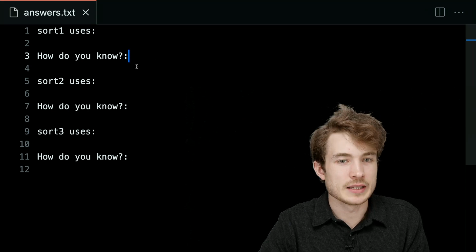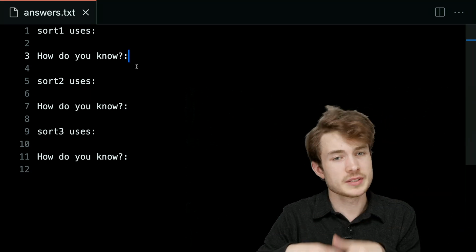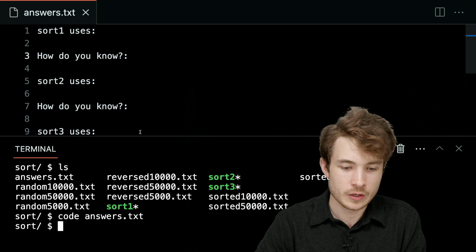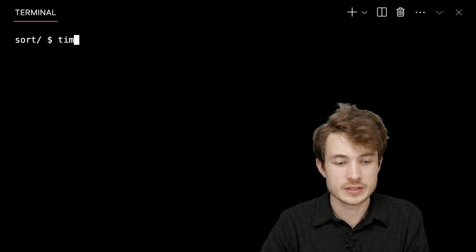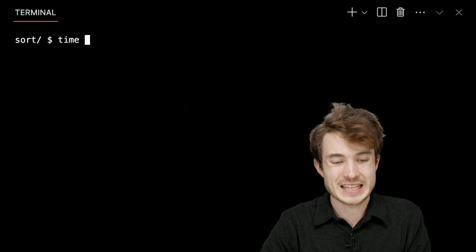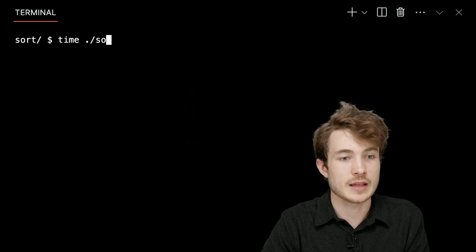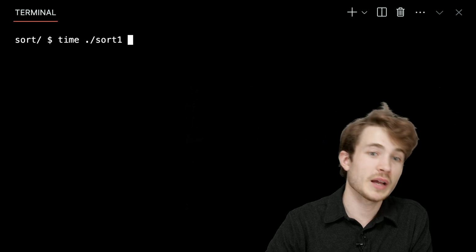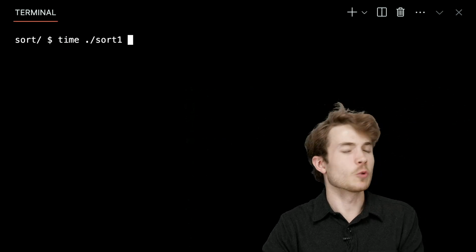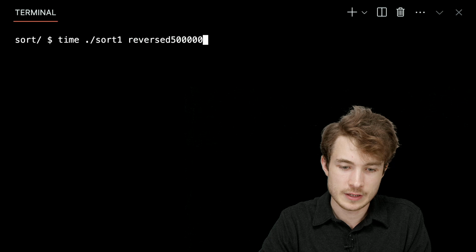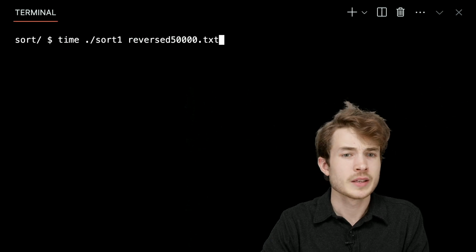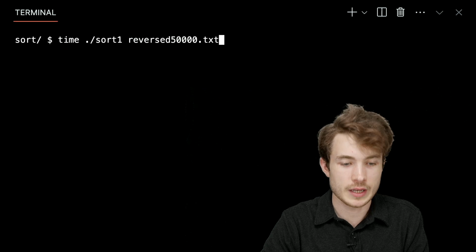So let's try timing these, given the best and worst case inputs, and seeing how well each one does. So I'll go to my terminal here, and if you read through the problem specification, it'll tell you that you can time these sorts using this. You can say time, and then followed by the command to execute the sort. So in this case, I want to run sort1. I can type ./sort1 and give it either the best or the worst case scenario. Maybe I'll give it the worst case to begin with. I'll say, let's give sort1 a reversed list of 50,000 numbers and just time it and see how well it does. So I'll hit enter.